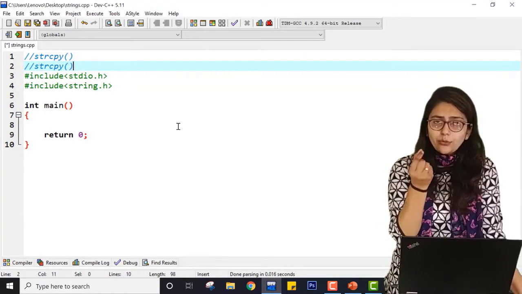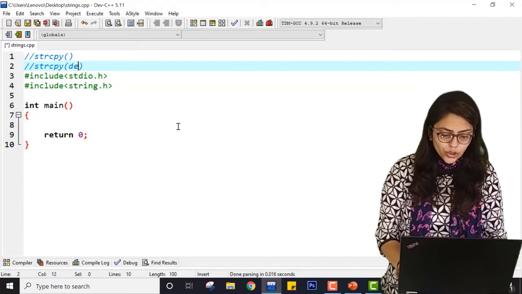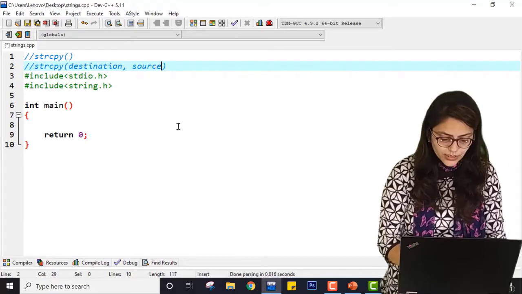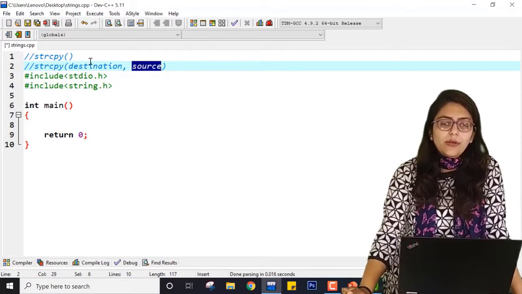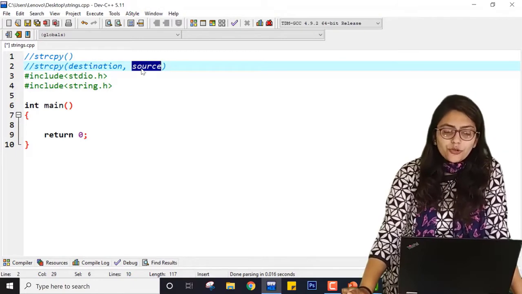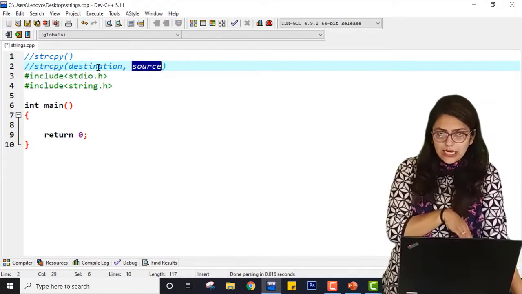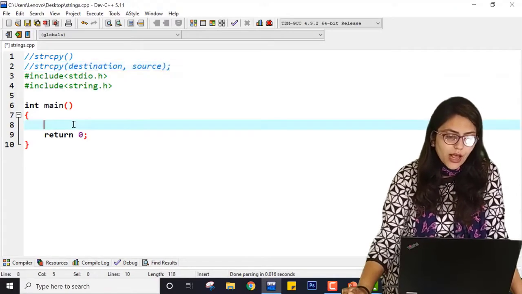Now the user is going to enter just one string, and that string you are going to copy into another string. So here you are saying destination and source. Whatever value is inside source will be copied to destination. Make sure that you understand this. It is from RHS to LHS. Make sure that you know this operation. So this is the general formula.